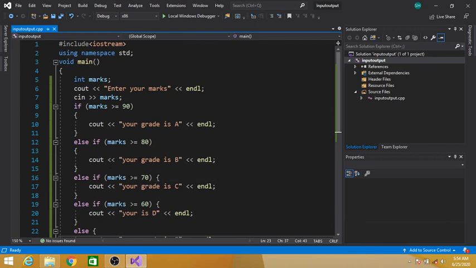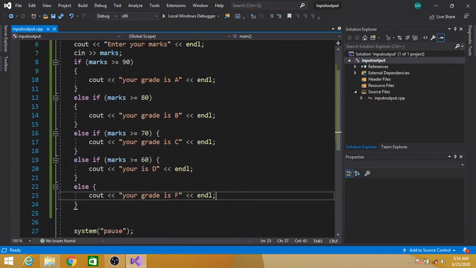Similarly, if this condition is true, this statement will be executed, and if this condition is false, then this will also be ignored. Similarly, if this condition is also false, then the control will direct to this else statement, and this block of statement will be executed. So we have multiple options, and we can select one option using if else if structure.